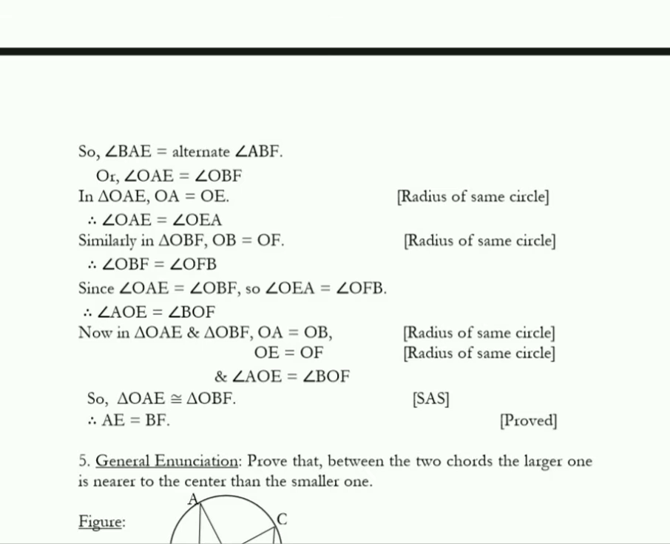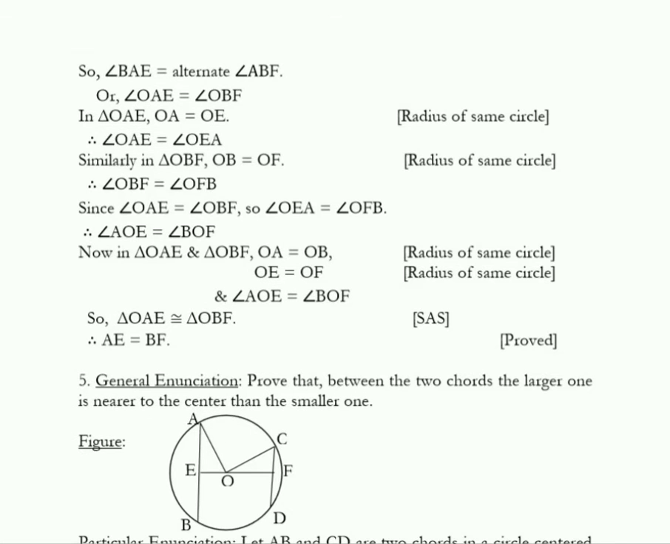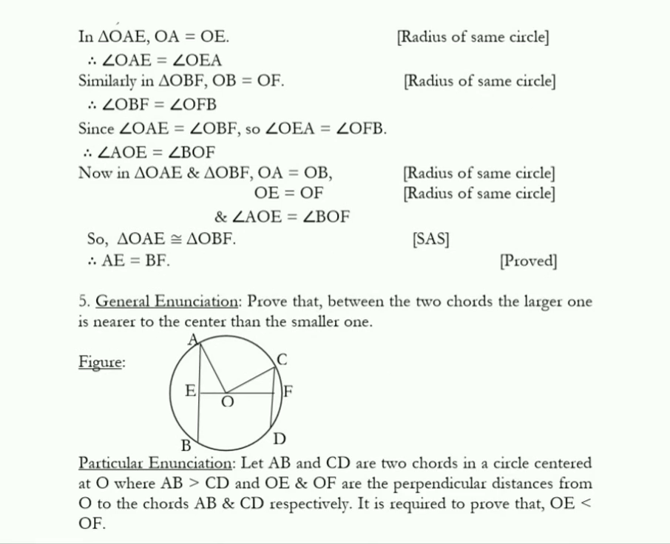Now in both triangles, OA equals OB, same radius, OE equals OF, radius, and included angle AOE equals angle BOF. So both triangles are congruent. So from two congruent triangles we can write AE equals BF. That's the proof. Now number 5,